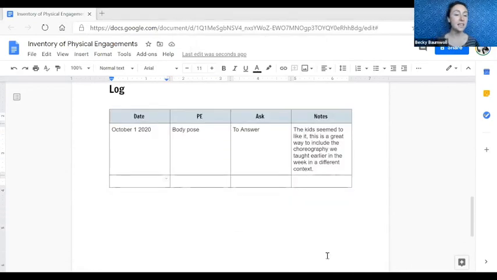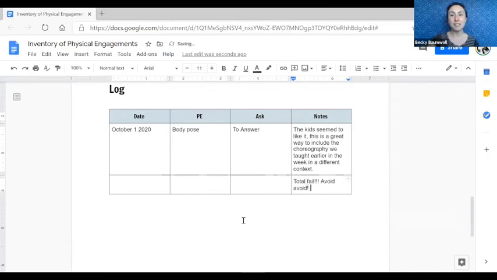So for me, gesturing plays a huge part in my classroom. I ask the students to answer with gestures, to create gestures for their names. My name is Becky, everyone go Becky, and then end up communicating with each other through these gestures that we make. I can mark that in my inventory and then come back to it time and time again. You could also say, okay, I tried that gesturing thing, total fail, avoid, and perhaps that can be a nice way to keep track of your growth and what works and what doesn't.